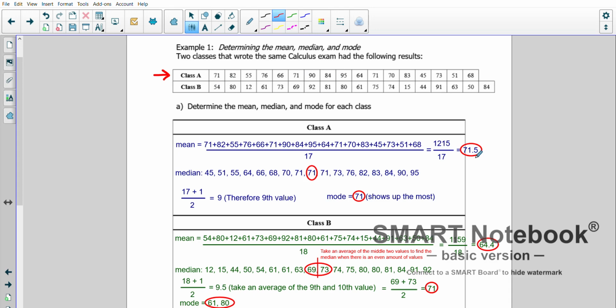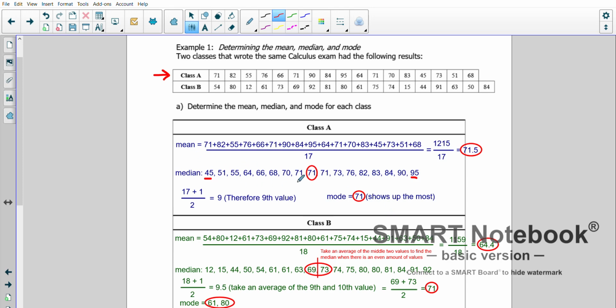If I want the median, I need to put them in order from lowest to highest. So what I've done is I've rewritten all of these down here, starting with the lowest all the way up to the highest. Now, a little trick to find the middle value that I find useful is,